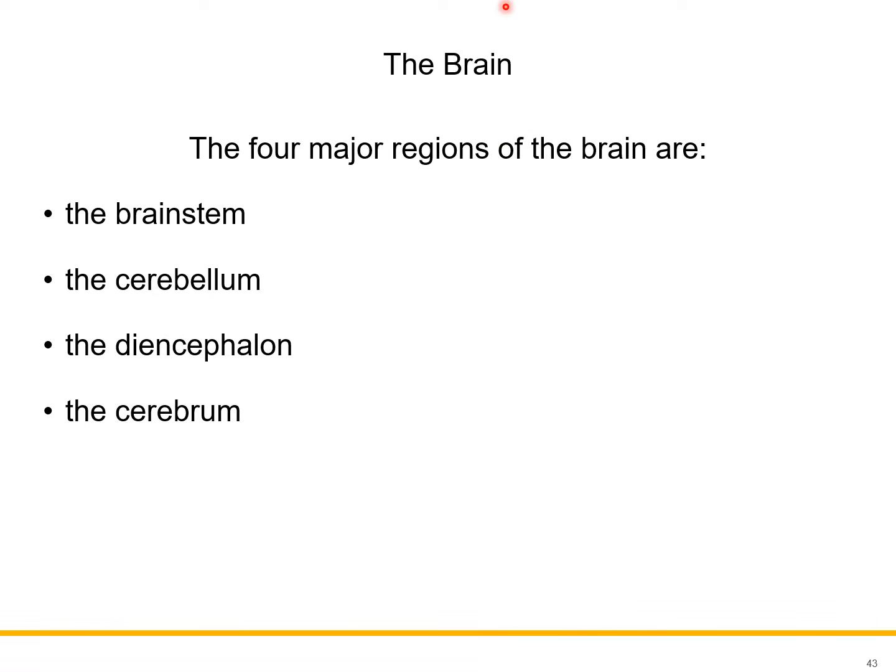Let's now talk about the brain. The brain is the most important organ in our body. And that's according to the brain itself. Yung brain po mismo, no? Ang nagdesisyon na siya yung pinakamahalaga. But we'll get to that later. Now we'll understand why and how did the brain become so important. The brain has 4 major regions: the brainstem, cerebellum, diencephalon, and cerebrum.